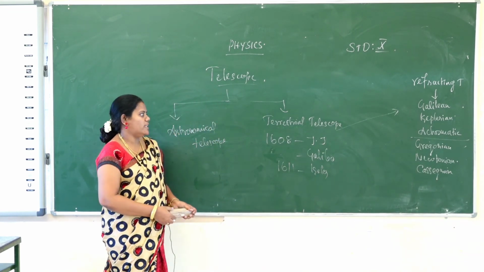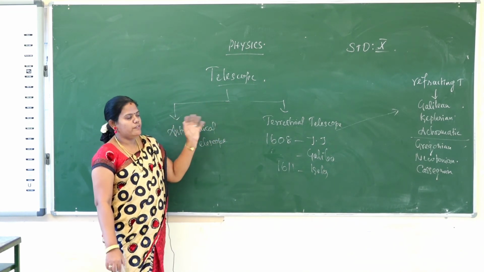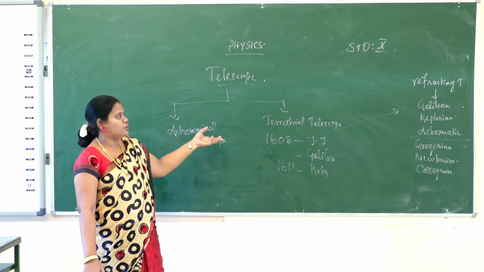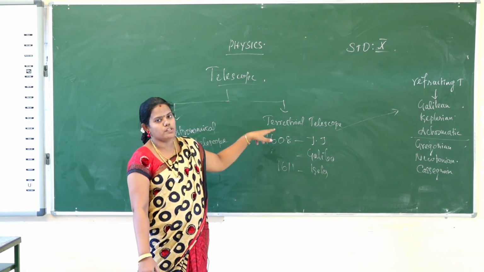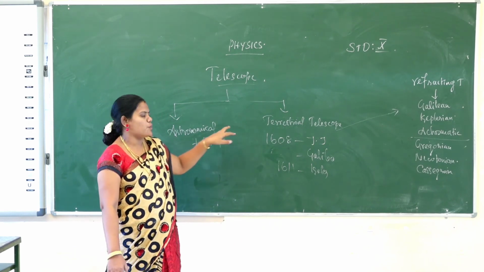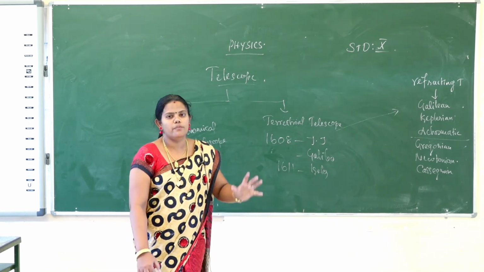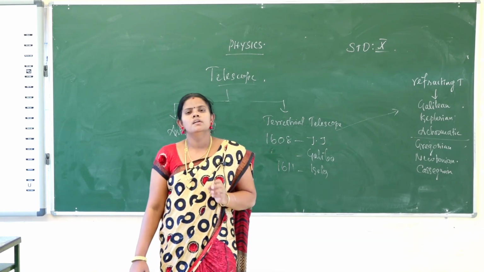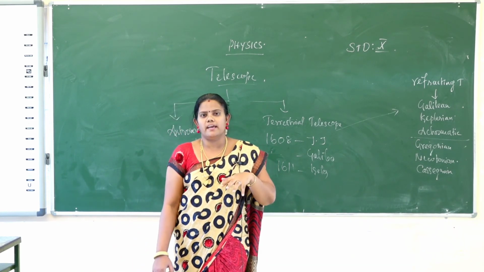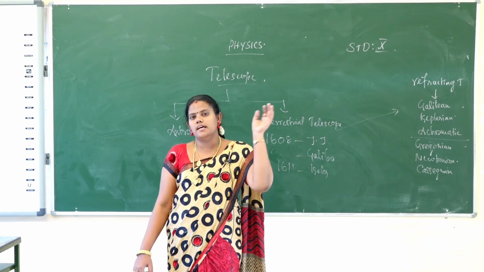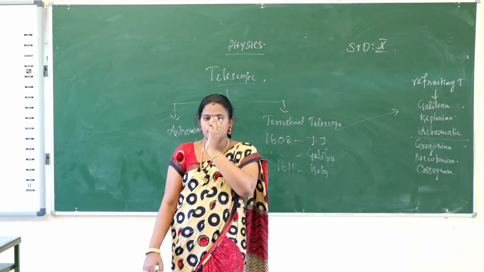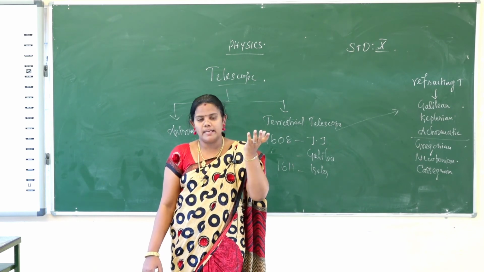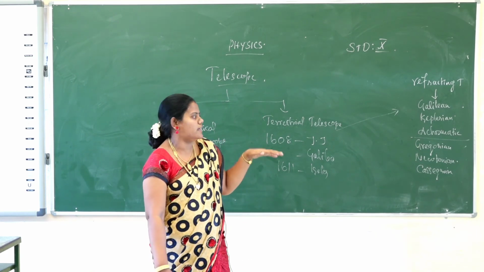So there are various telescopes. On the basis of optical activity they are classified into two, and on the basis of the things to be observed into two: astronomical telescope and terrestrial telescope. What are the advantages and disadvantages of a telescope? Easily we can see astronomical objects and celestial bodies: the stars, the movement of stars and galaxies are easily understood using the telescope.